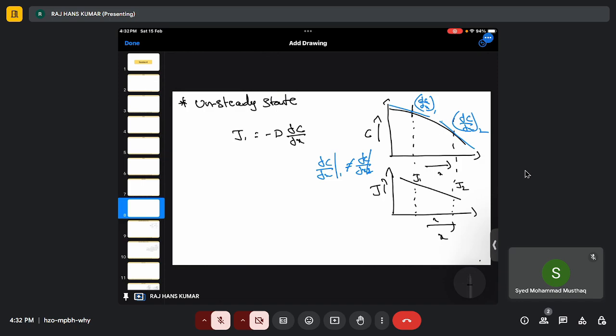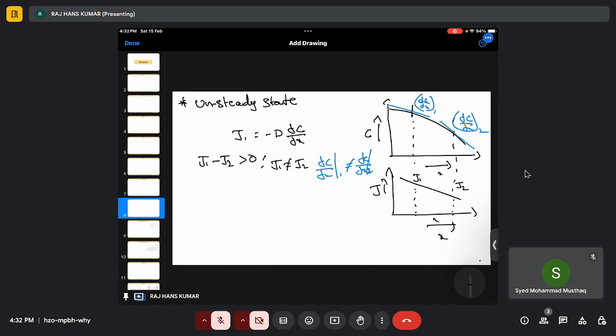Because J1 is greater than J2. You can even see, right? The slope is higher at J1 than J2. Then you have J1 minus J2 is greater than 0, right? But J1 is not equal to J2, right? Now, if J1 is not equal to J2, that means, again,